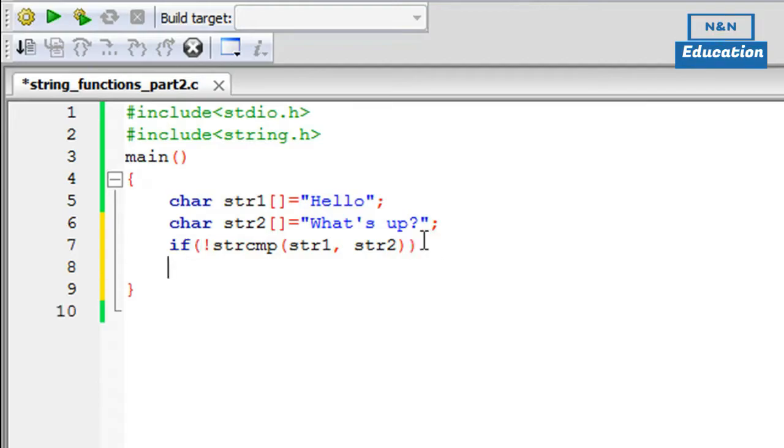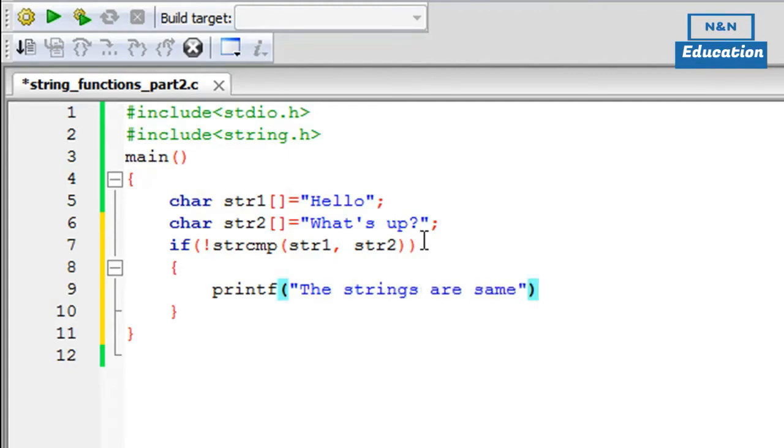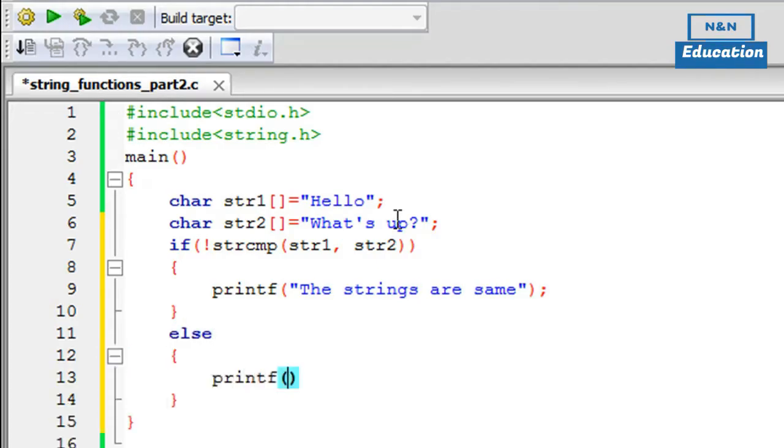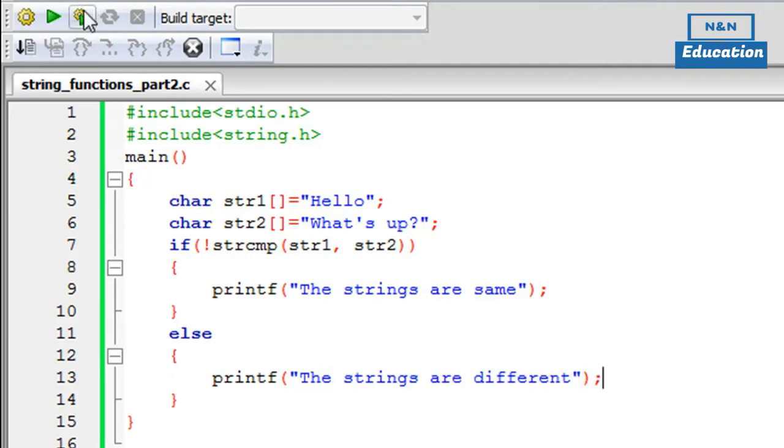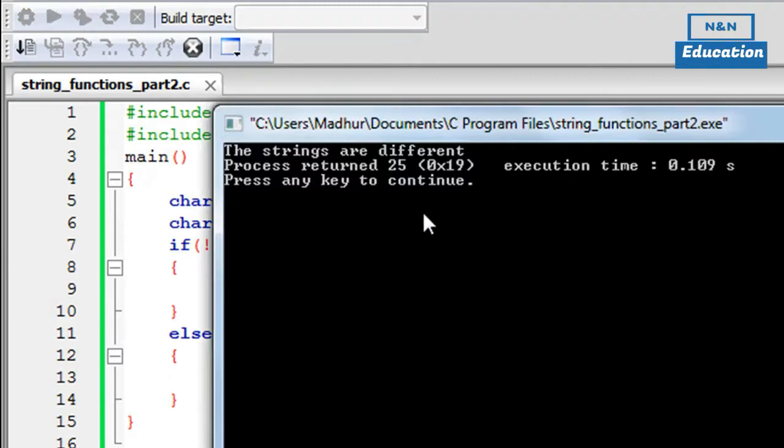So let me get inside the if block, and in the if block I'm just going to have one printf statement that's going to display the message the strings are same, and the if block, as I said, would get executed if the strings are same, right? And then in the else block I'll have another printf statement, and this one's going to display the message the strings are not the same, or the strings are different. Let's be a little economical, and I'll put in a semicolon at the end of this statement, and when I click on build and run, I see that I get the message the strings are different, because the strings are